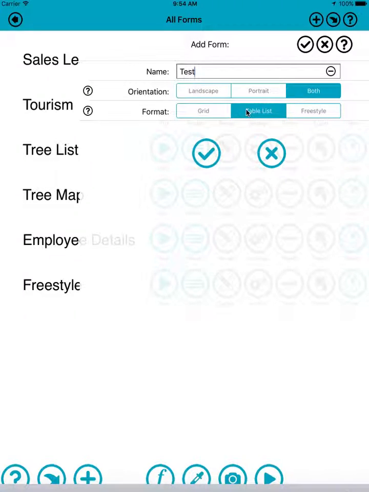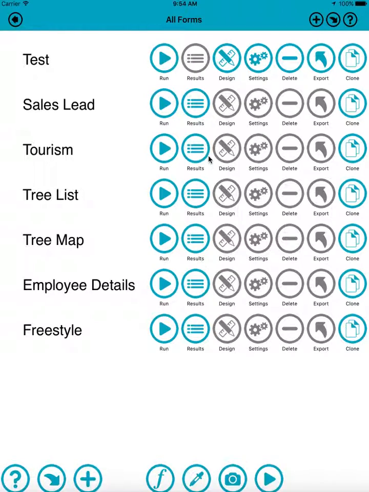It's not the end of the world if you forget to do this, because you can always just go in, add a new page in the form, make that a table list, and then move that to be the first page to be shown. But the easiest way to do it is to remember to set the format to table list when you add your form. So I'll tick that little tick, and it's created our form for us with that default first page being a table list. So if I go into design mode,